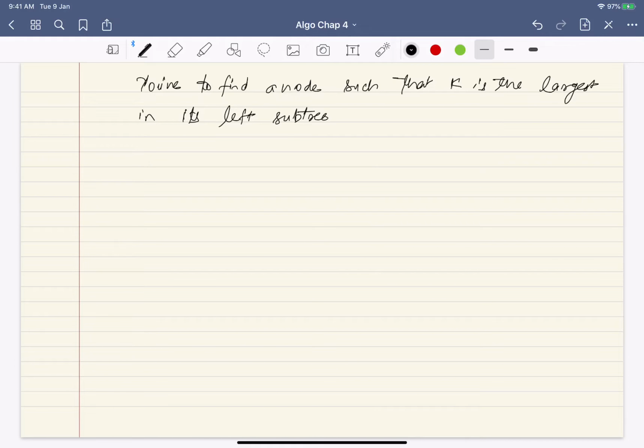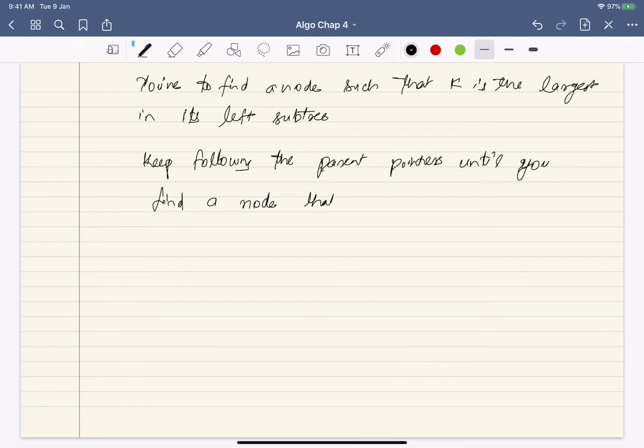You keep following the parent pointers until you find a node that is the left child of its parent. Okay, so return the parent.